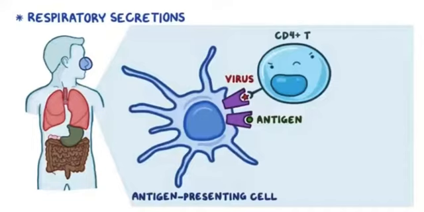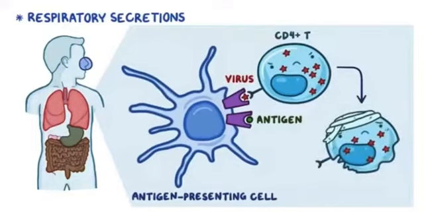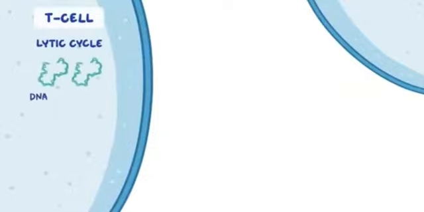they interact with CD4 positive T lymphocytes. When dendritic cells and T cells interact, the virus gets ingested by T cells, and they get infected. Inside T cells, the virus can replicate most efficiently, so it undergoes the lytic cycle, where its DNA gets transcribed